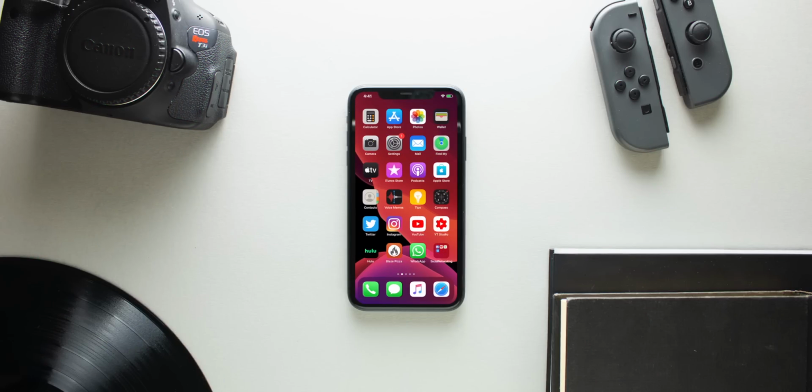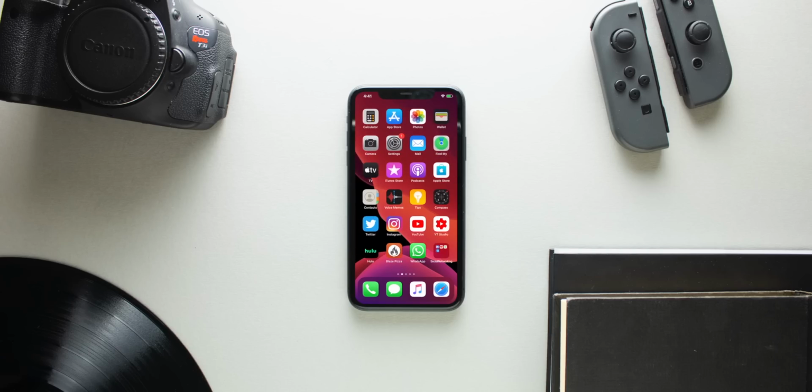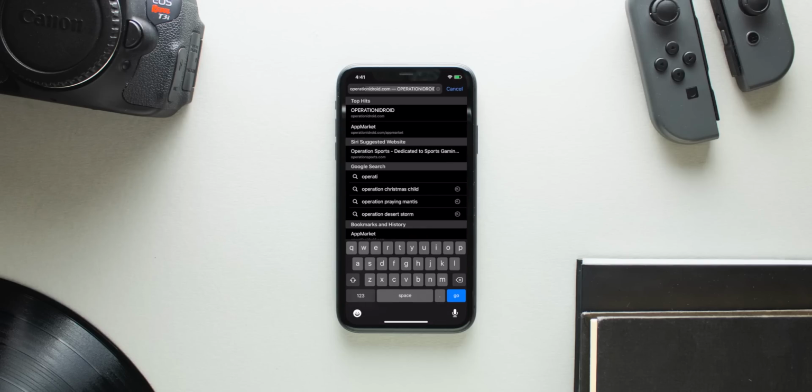Alright, quickly before we begin, I just wanted to clarify that if you are not on iOS 13, the home screen wallpaper will not hide your dock. Unfortunately, that only works on iOS 13, but if you're on iOS 12 or below, you can still follow this tutorial and get the setup minus the hidden dock. Anyways, to begin, open Safari and type in the URL